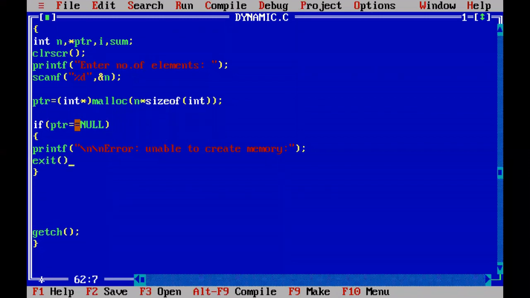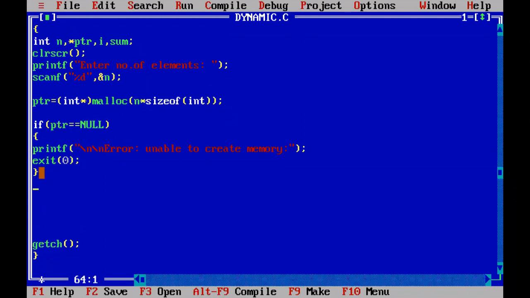Then what will happen? If ptr equals NULL, the error message is printed on the monitor. Next, the exit 0 function executes and the program is terminated immediately, because if the memory is not allocated, we cannot go further. If ptr is not NULL, these two statements are not executed, and you come to the next statement.